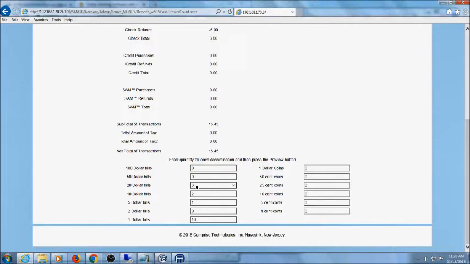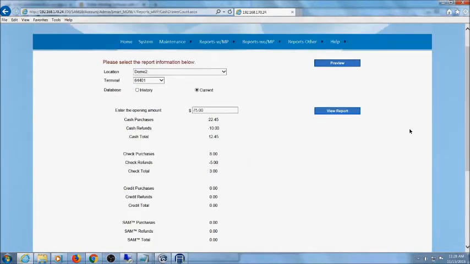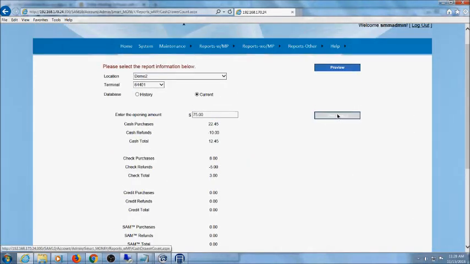And maybe we'll say 3 20s. I'll go ahead and do that while I count my quarters, nickels, dimes, and pennies. Once I've got this all filled in and I've counted everything, I'll scroll back up here and I'll say View